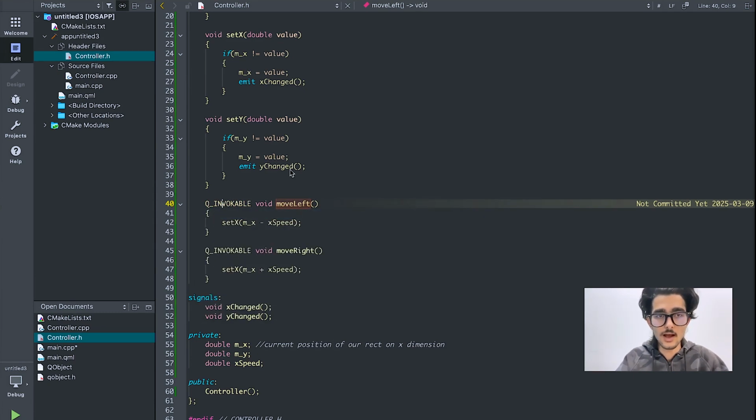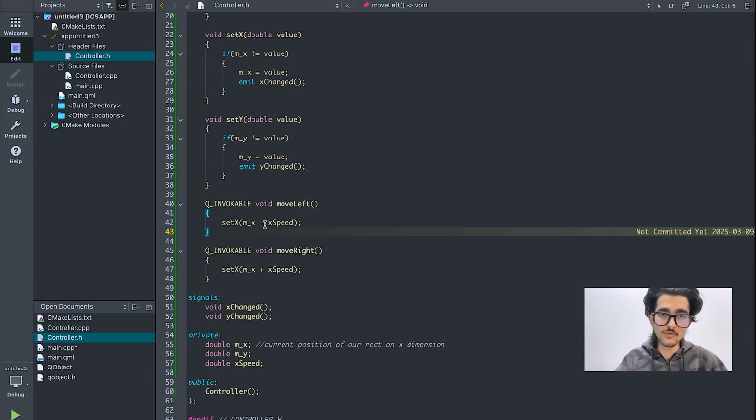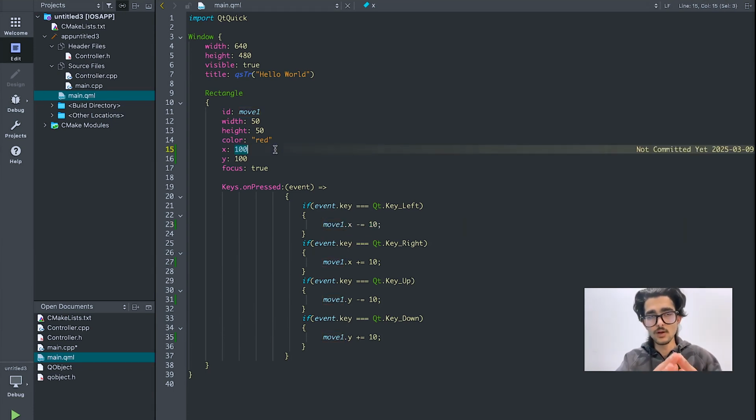Now this allows us to use this moveLeft function inside our main.qml. So now we can easily move to left. Now we can easily move to right. But before doing that, we need to set some values for x speed and some value for our current position. Now we have hard-coded this, but this has nothing to do with our class. The class is somewhere different and this is somewhere different. I don't want to hard code this here. I just want to provide the function here and then run this through our class,